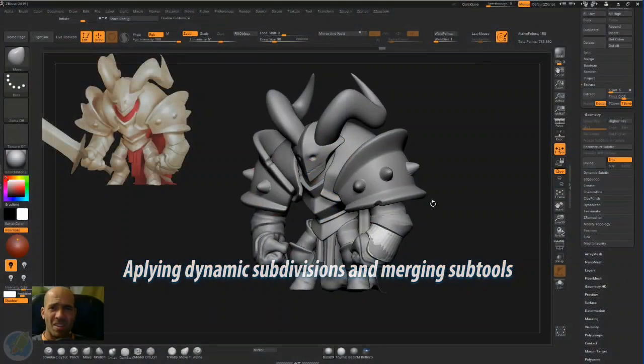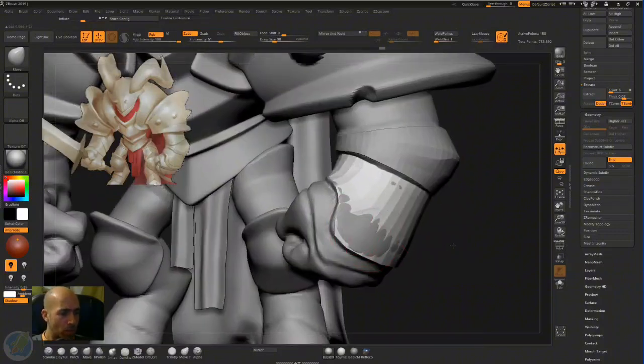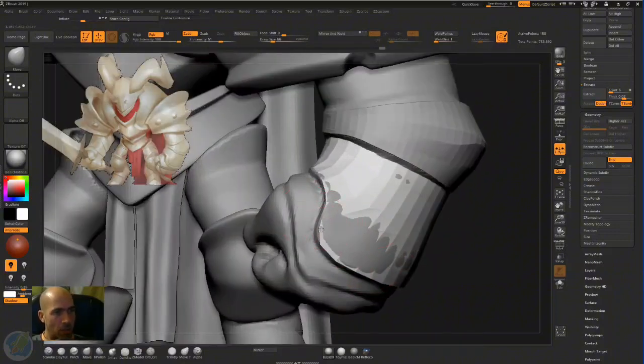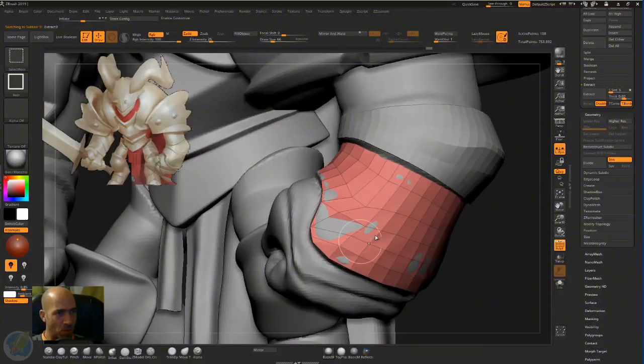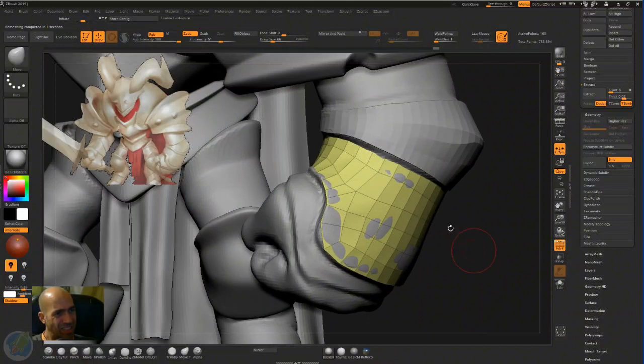And of course we cannot leave the hand just like this, the arm, and we will continue working on it. We are on the same subtool now, the subtool of this thing, and it doesn't look super nice because of those polygons here, so I will zero mesh it one more time to see what's happening. And still it's not exactly the best because we need more polygons in this area here,